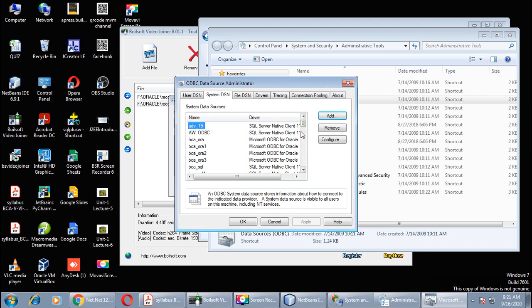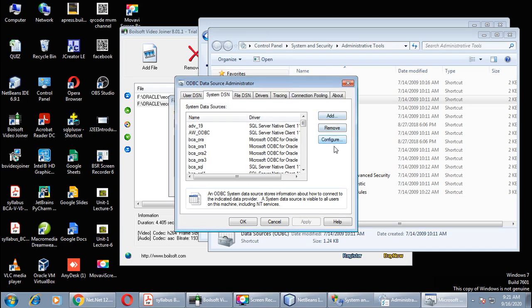Click OK. The name of the DSN will be added in this list. As you can see, myora25 is added, right? If you want to make changes in an existing data source, you can click on the same data source and then you can reconfigure it by clicking on the configure button.